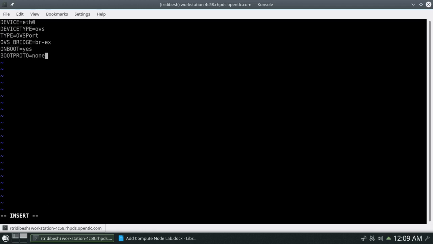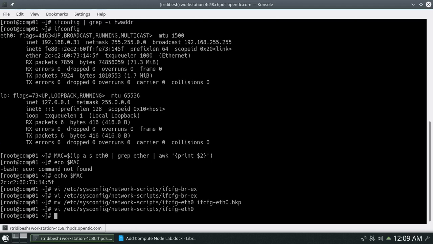Type is OVSPort, that means it is a backend port for our Open vSwitch. And what is the bridge for this particular physical device? That is OVS_BRIDGE equals br-ex. Onboot is yes and boot protocol is none. Here no IP assigning technique is required, so boot protocol is none. Save this file.